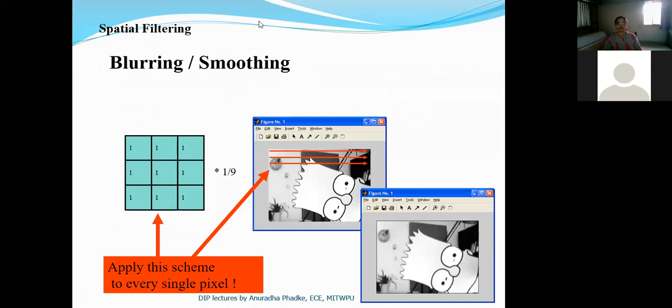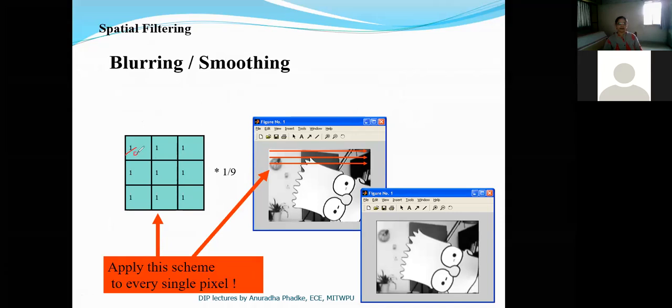This value is actually 1 by 9, 1 by 9 at each and every position. So these are the filter coefficient values.